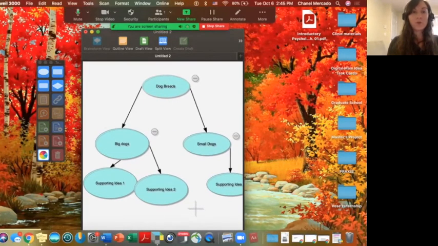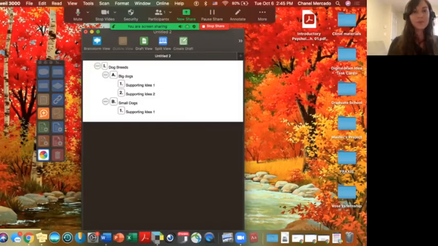Once you are done writing your brainstorm, you can then change things into a different view. So right now on this top toolbar of the window, I have brainstorm view selected. So if I were done with my brainstorm, I can then convert it to an outline by selecting outline view. So as you'll see, it then took my brainstorm, and based on the order that I had things in, it now made an outline for me. So it says my overarching idea is dog breeds, and then I have everything that falls into order with my outline.